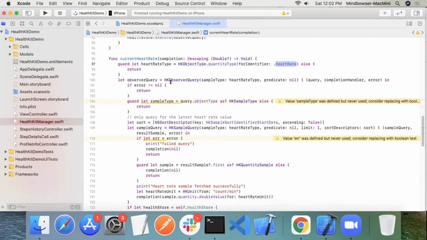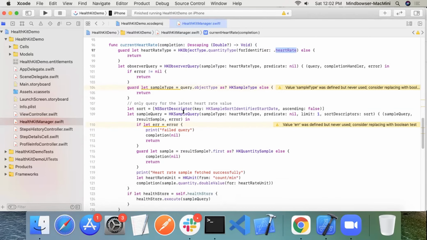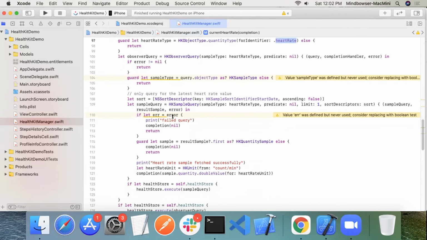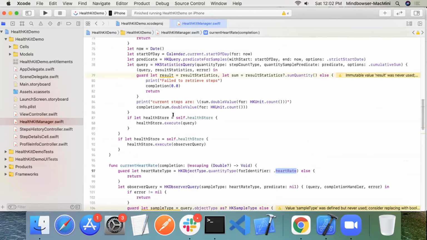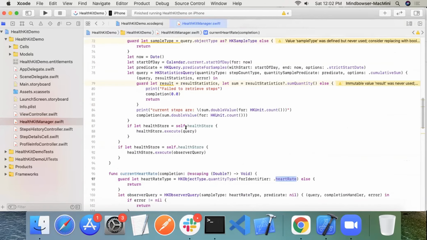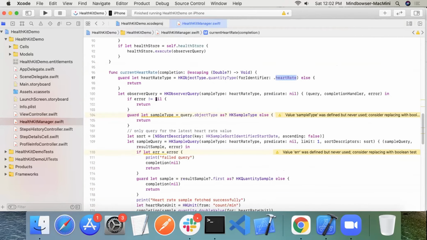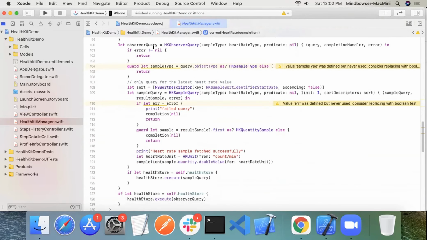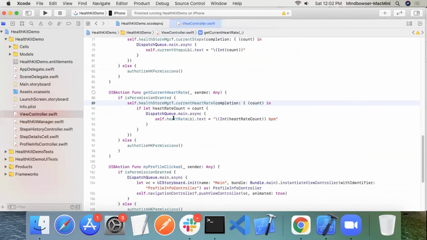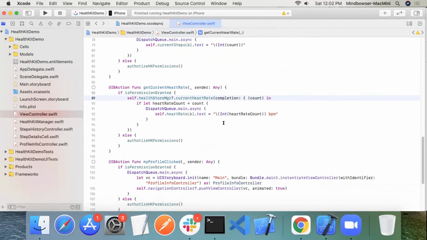We also use the same observer query, get data from that, and execute that query. The steps are the same as when we retrieve the current steps, so the same will be used to retrieve the current heart rate for the user. We'll get that heart rate and show it in self.heartRateLabel.text as the heart rate count.